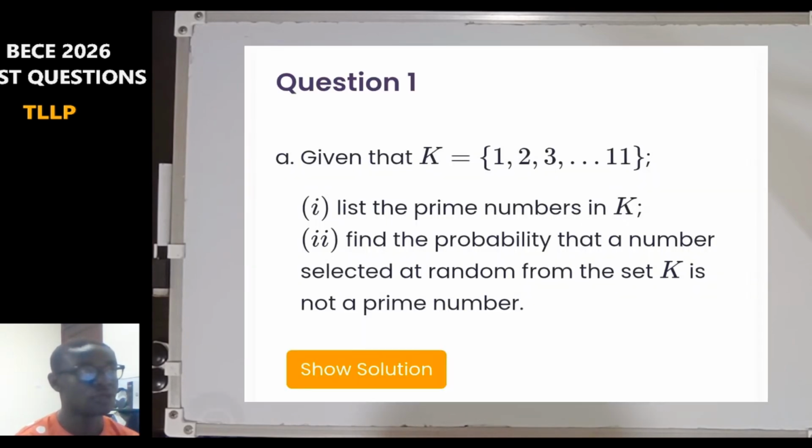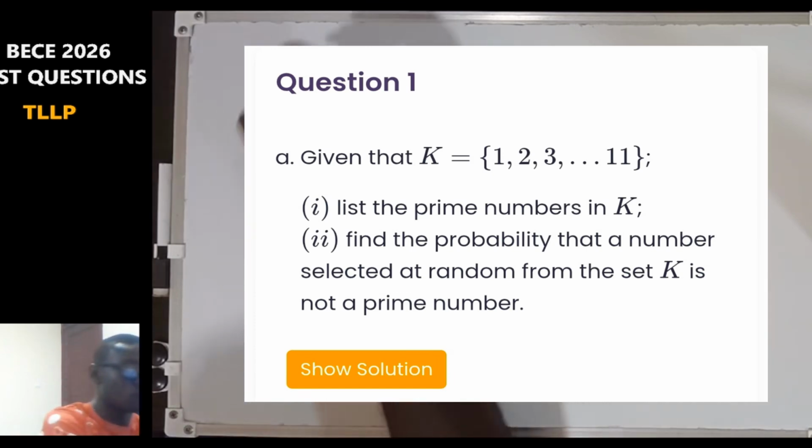Today we are looking at question 1A of the BECE past question, that is BECE 2026. The question says that given that k equals 1, 2, 3 up to 11, i. list the prime numbers in k and ii. Find the probability that a number selected at random from the set k is not a prime number. So